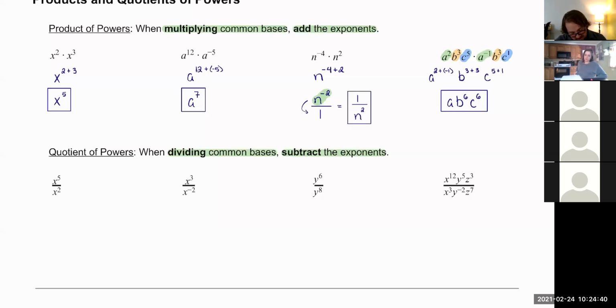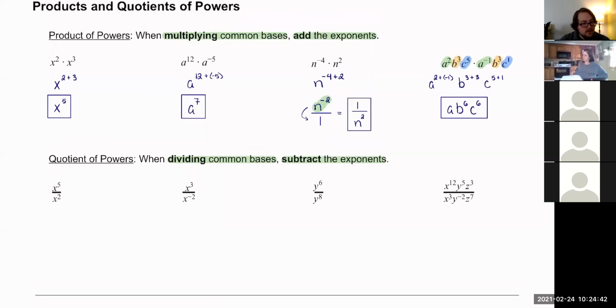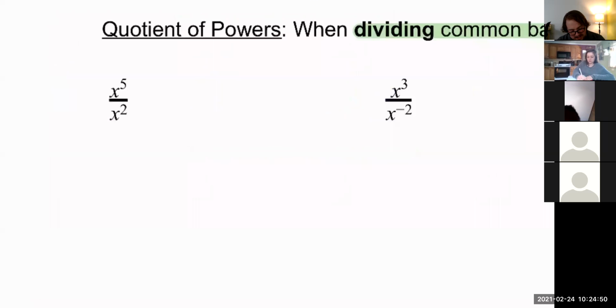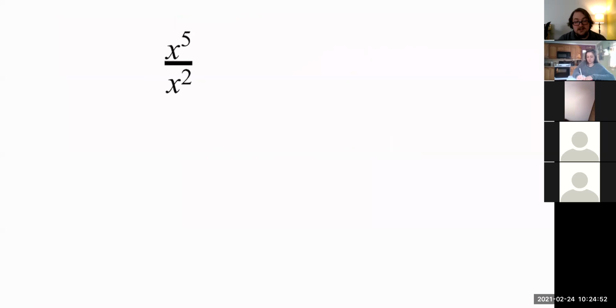So, all right. So the second property we have here is called the quotient of powers. So the quotient of powers again tells us dividing common bases, we subtract their exponents. So in this case, can we all agree that those are common bases? Yes. Okay. So since they're common bases and they are being divided, that means I'm going to subtract their